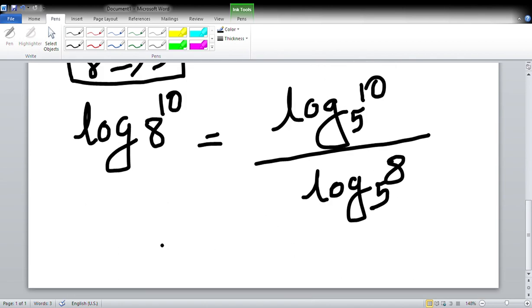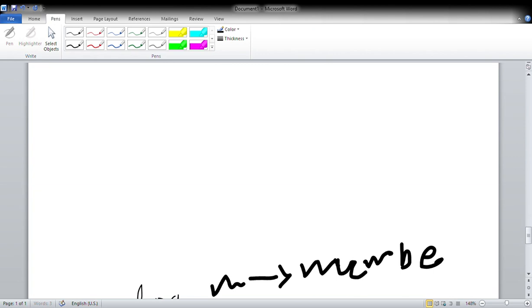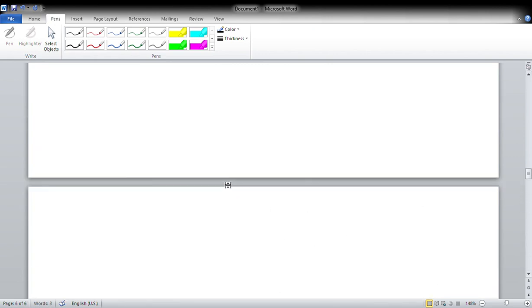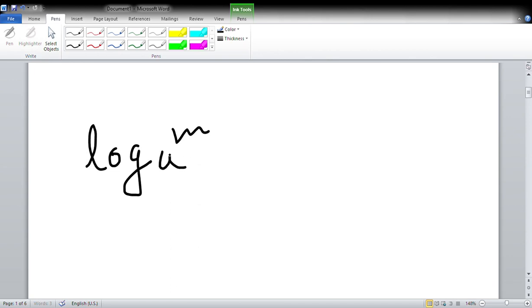So my next question is that, suppose you take log m with the base a multiplied by